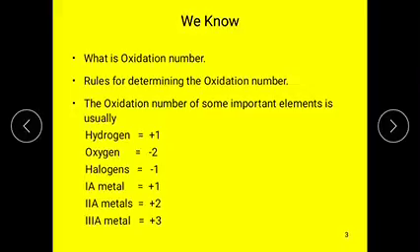For first group elements, we have to take its group number, that is plus 1. For second group elements, the oxidation number is taken as plus 2. For third group elements, the oxidation number is taken as plus 3. And next one,